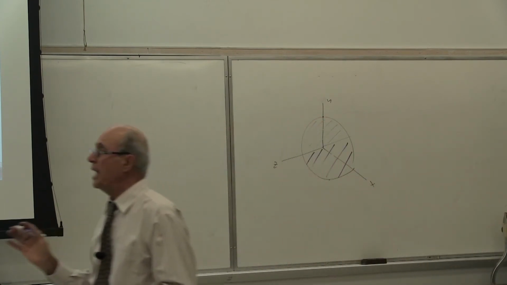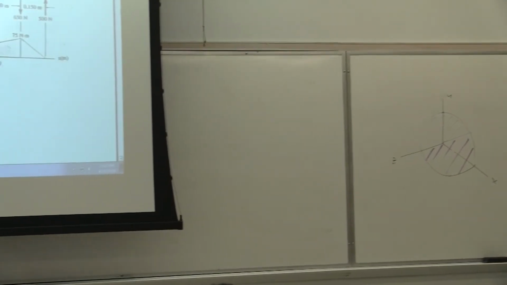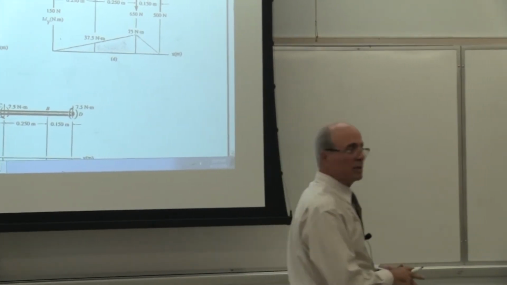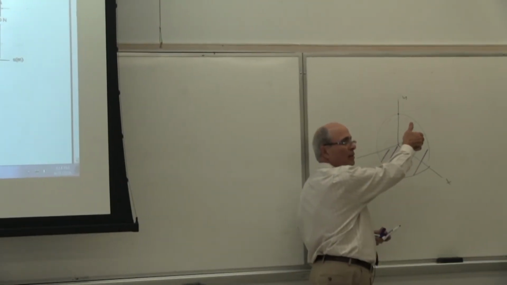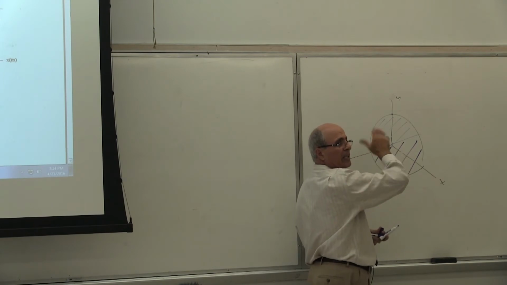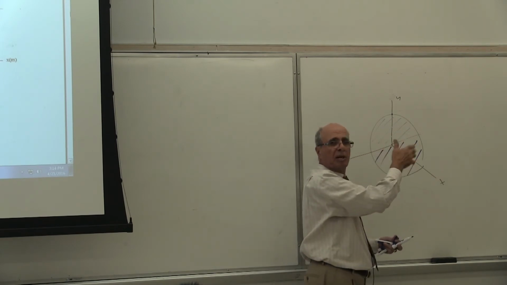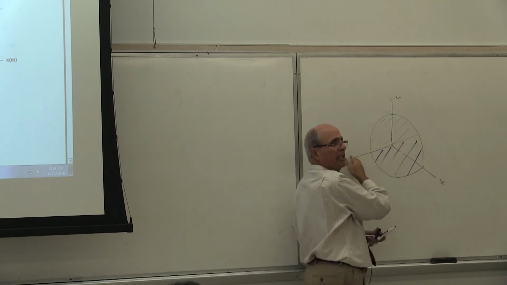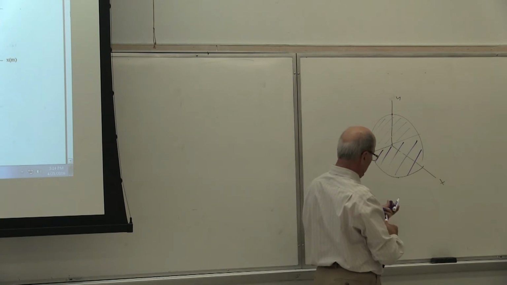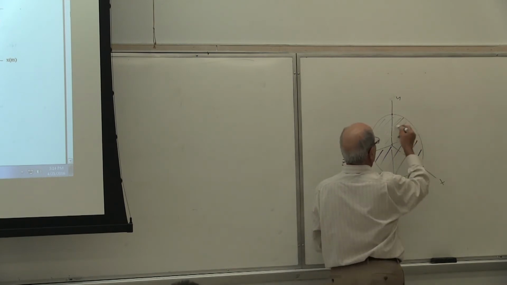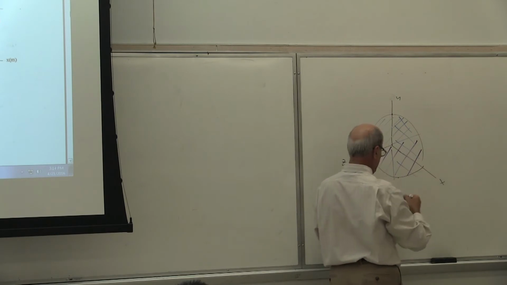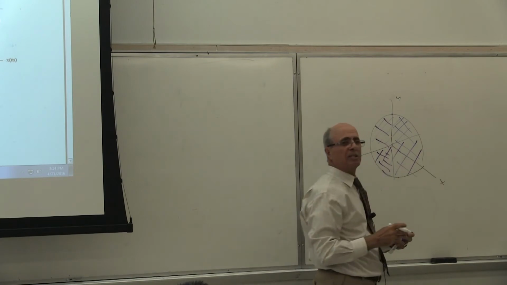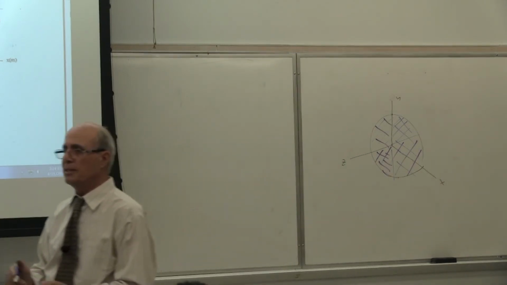However, this is in combination with My. Yes or no? Correct? Give me an My, either plus or minus. Doesn't make any difference. Give me an My. This is My plus. This is My negative. Let's give My plus just for the purpose of discussion. So if My is going like that, where is the compression? Here is the compression. Here is the tension. The compression we drew in blue. So if I go blue, blue, blue, blue, all the way on the compression side, and here tension, tension, tension, tension, where is maximum tension and where is maximum compression?